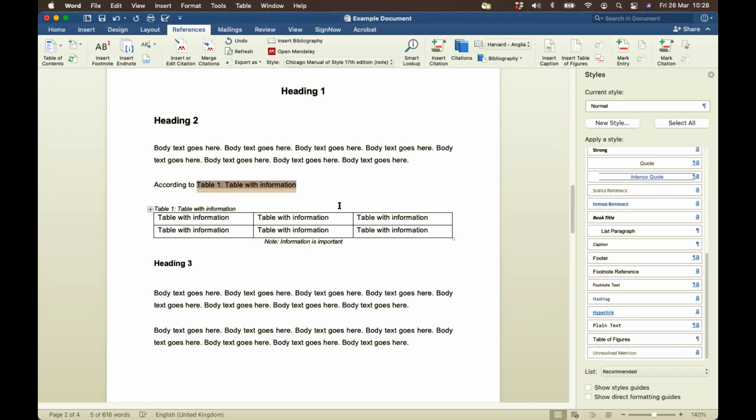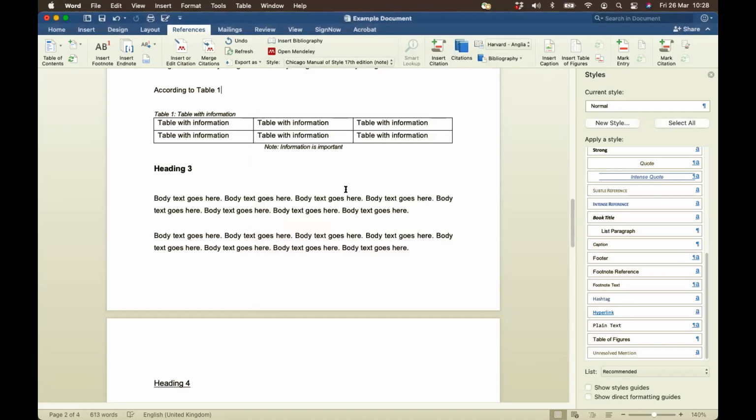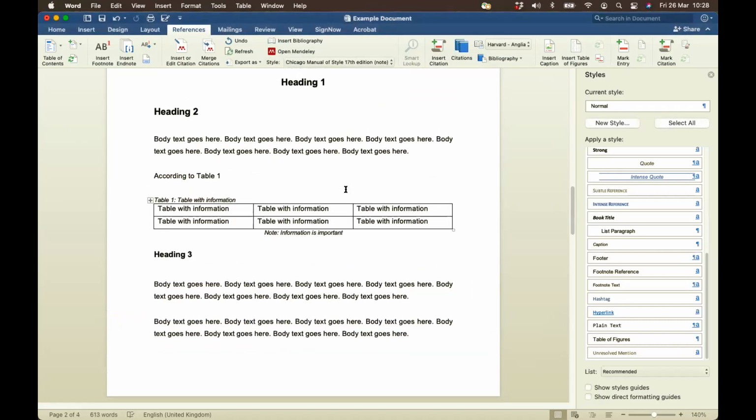But often we don't want that. Often we just want to say, according to Table 1, and so on. So I'm going to go to the cross-reference again. And then instead of saying entire caption, I'm going to say only label and number. That means it's going to include only Table 1 for me. So, according to Table 1,